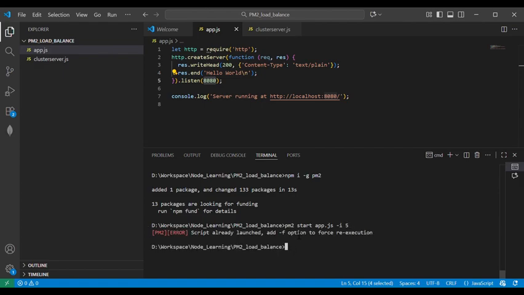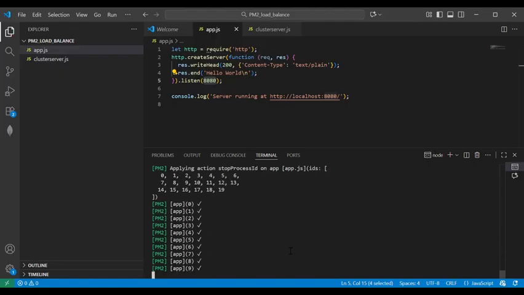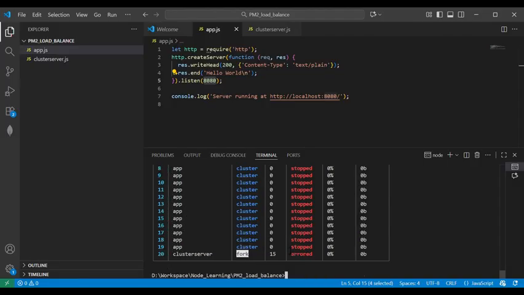It's already running, so first we need to stop this। Yes, it's getting stopped। Yeah, so all are getting stopped and now I am going to run it। कितने इंस्टेंस क्रिएट करने हैं ये आपको डालना पड़ेगा। तो now I am going to create 10 instances।